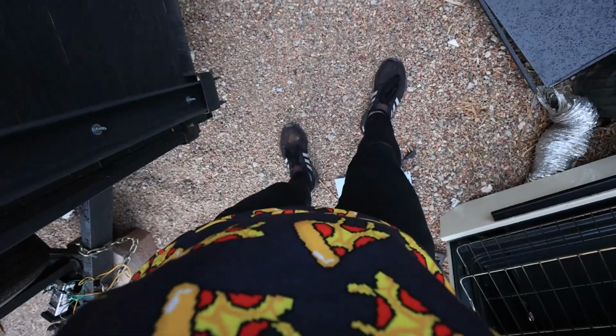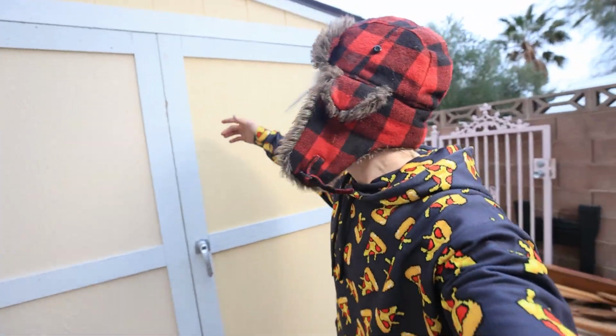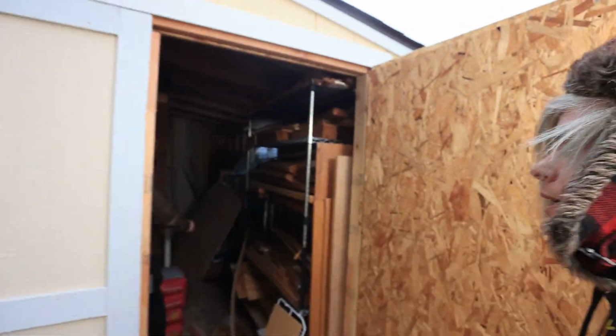Okay, guys, it's time for us to take a little trip to the shed. Okay, guys, here's my shed. Isn't it really cool? This is where I keep my wood. And,